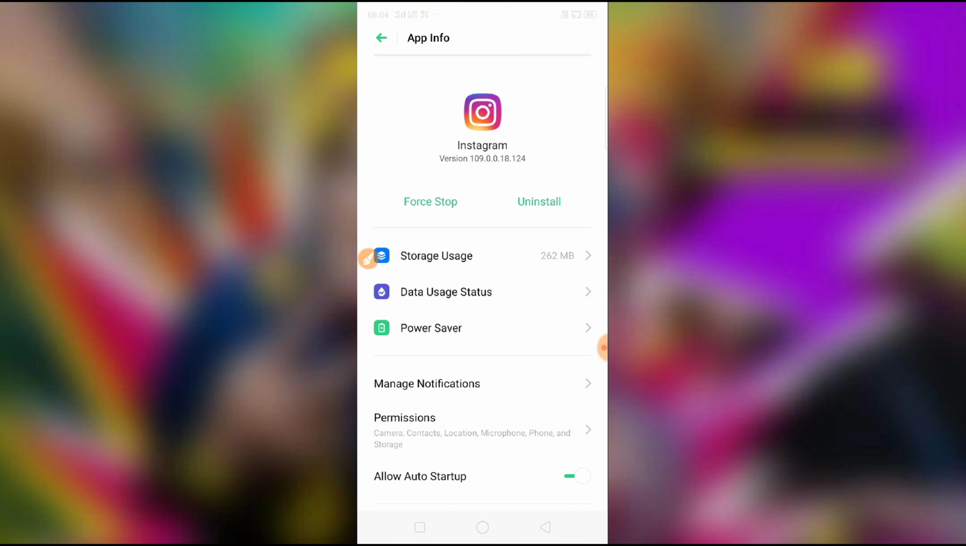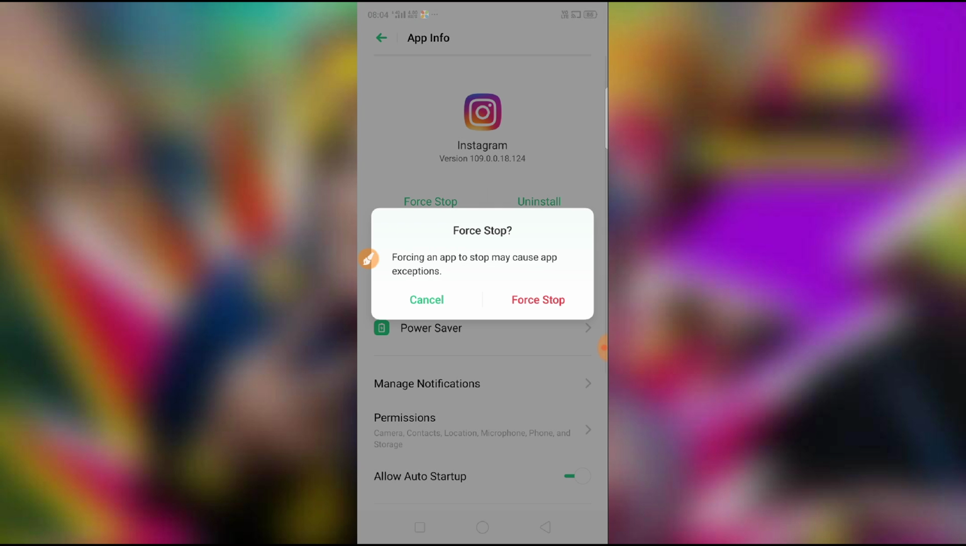and guys, you can see here a button called force stop. Just click here, and you can see here force stop. You have to click on force stop, and then